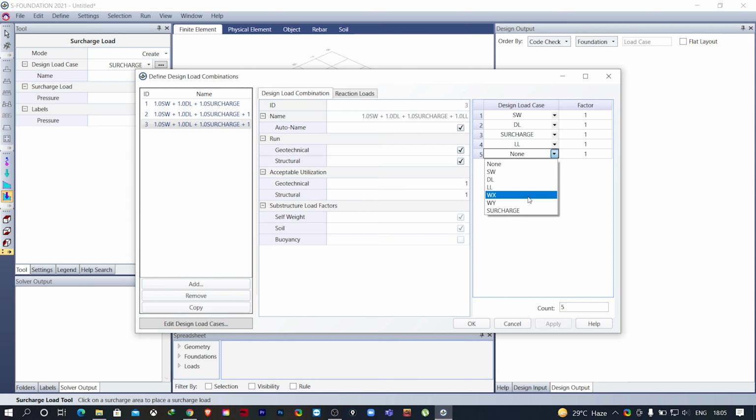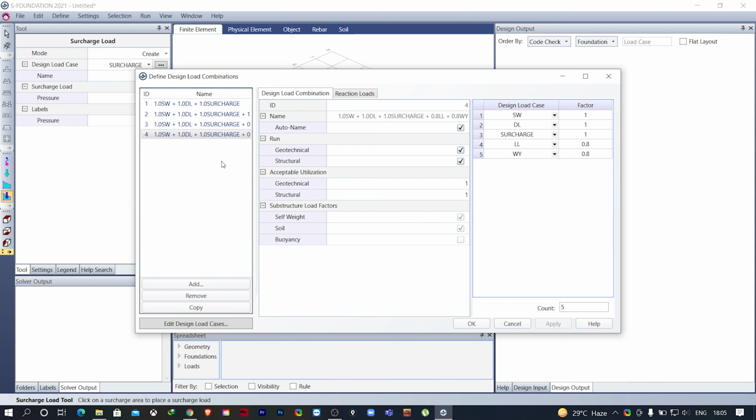Here I will consider this Wx. Now here this live load and wind load factor I will consider as 0.8. You can consider this as per the code provisions. I'll make a copy of this and I'll change it to Wy and click on apply. So you have created some service load combinations.